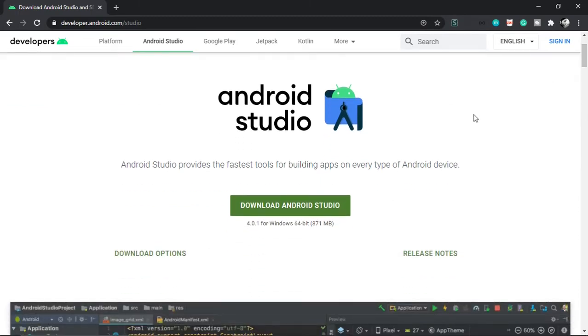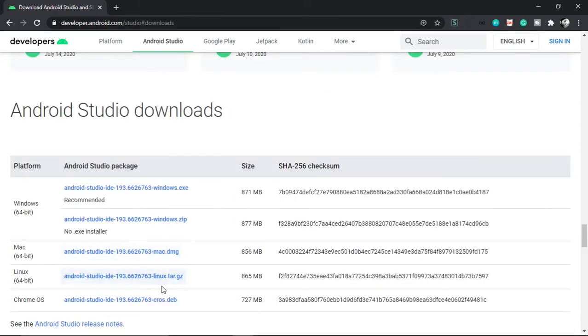So if you are from a Windows background, this is the 64-bit file, just click on this button. And if you are from Mac or Linux, these are your corresponding files. Okay, for 64-bit this is the Linux, this is the Mac, this is the Windows, this is the exe file. Okay,